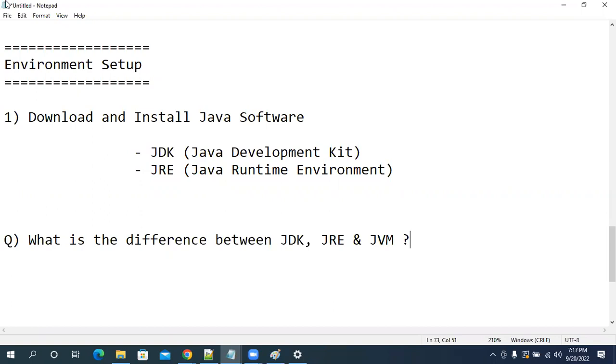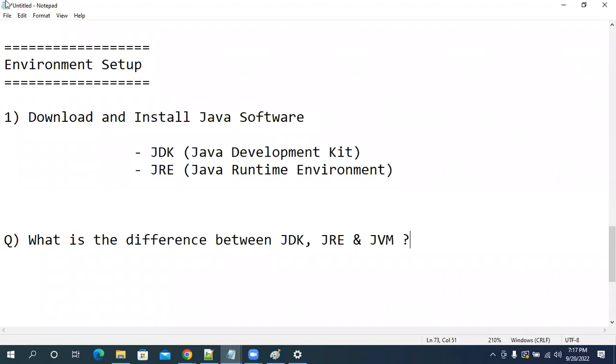JRE means Java Runtime Environment, which will give you the platform to run your Java program. JVM stands for Java Virtual Machine. It is going to take care of your program execution. JRE will provide the platform, but actually who is going to execute it? JVM. JVM will take your bytecode. JVM will allocate the memory. JVM will convert your bytecode into machine understandable code.